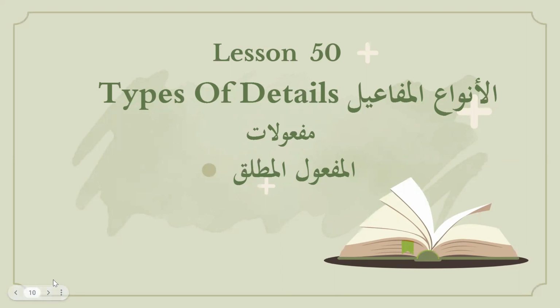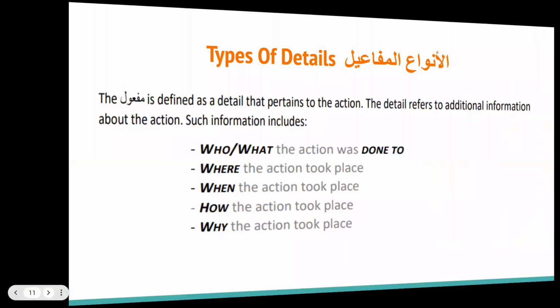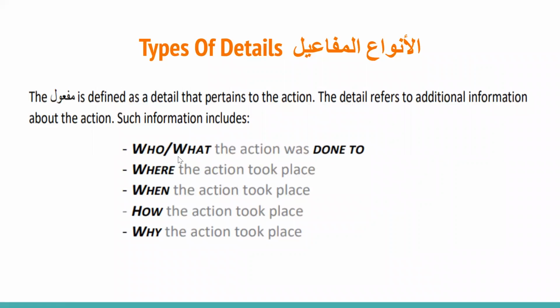So as we have been doing types of details, different types of maf'il. Maf'il is broken plural and maf'ulat is sound plural of maf'ul. So we have been doing different types of maf'ul, and as you know, maf'ul is a detail. Maf'ul is an ism that gives details in relation to the action. It describes the action